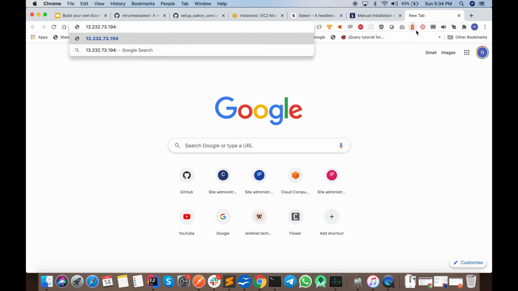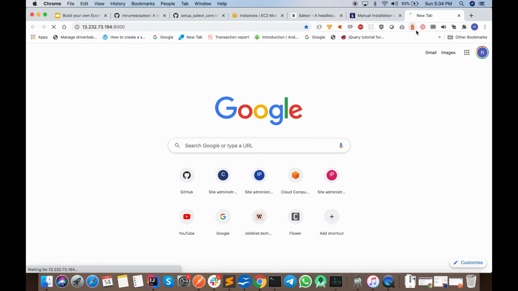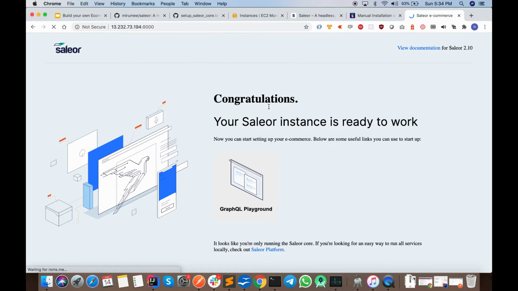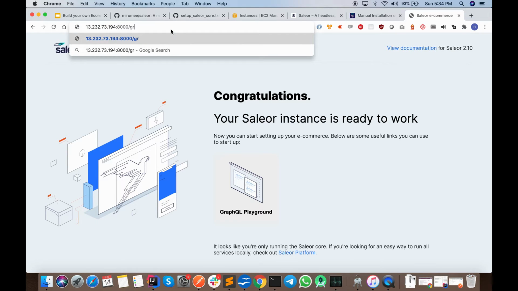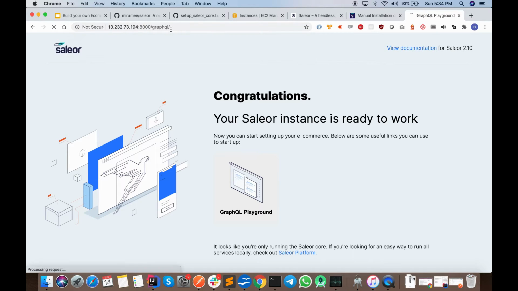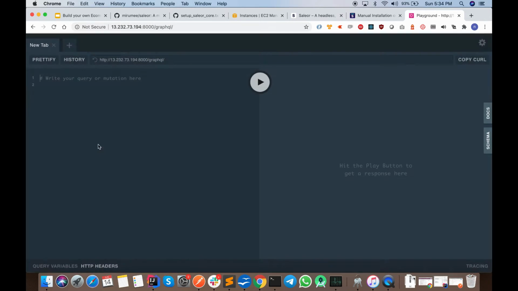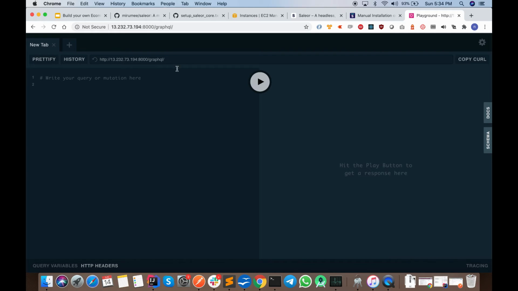So let's see. As you can see, my site is up and running. My Saleor core is up and running, and I can see the GraphQL page. I can see this GraphQL page because my environment is running in debug mode.